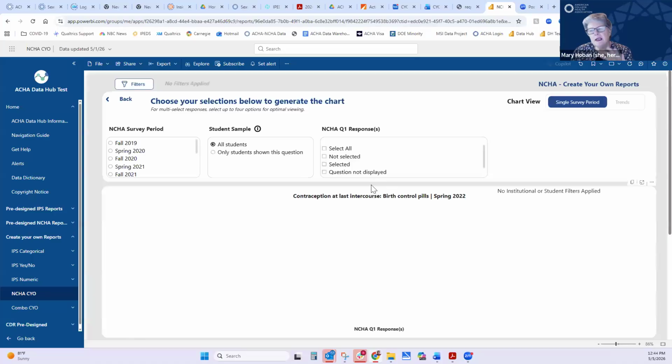And because I have been working in Data Hub already today, it's always a good idea to hit this button up here, our clear, and double check that no filters are applied, because it remembers what you did the last time you were in Data Hub. And if I had filters applied that I didn't remember doing and they applied it to this graphic, that might produce some odd